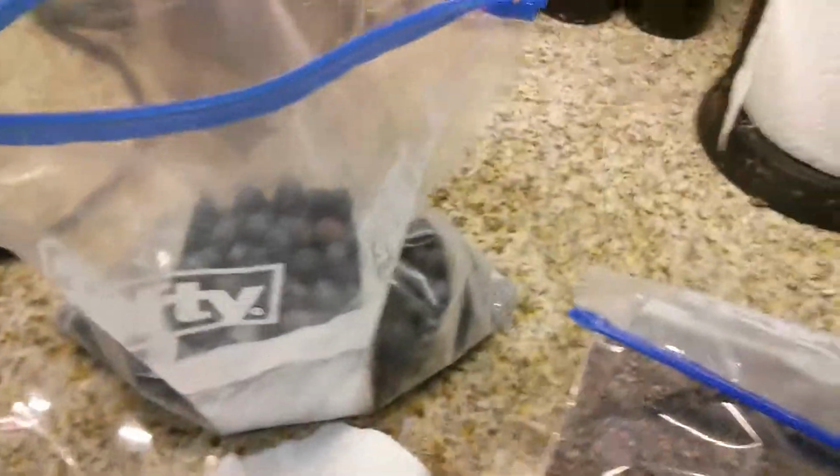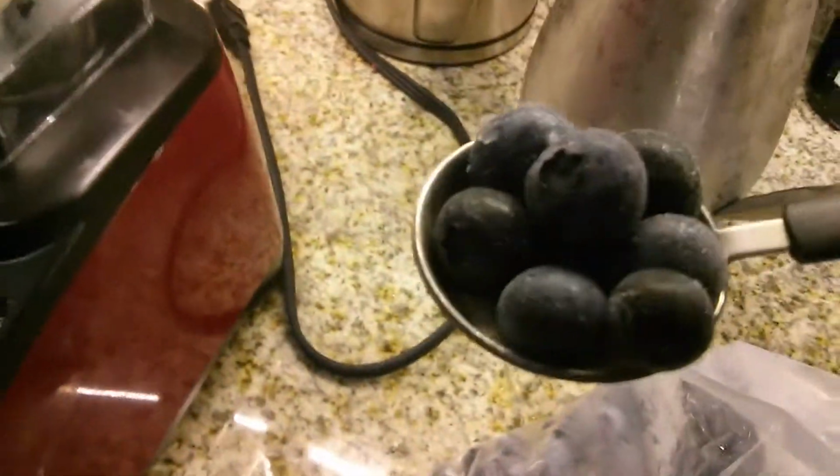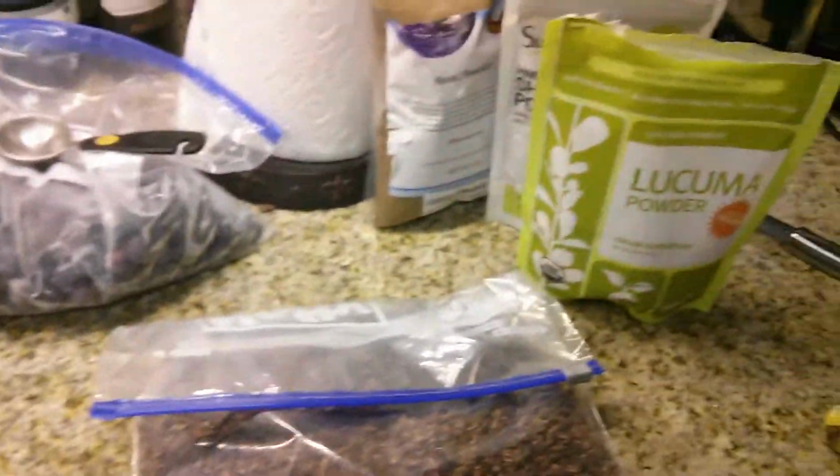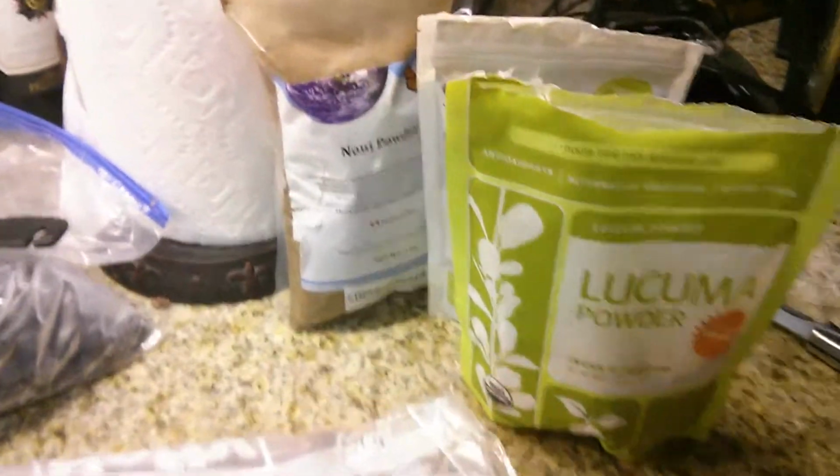For this I'm going to scoop out some of it. I'm going to get probably 1 or 2 teaspoons. Let's see how it goes. Yeah, 2 of those. I don't want a strong berry flavor. I still want the chocolate to be the prominent flavor in this smoothie. Maybe I'll go with 3. The berries are just there to add some sweetness to it, not really to replace the